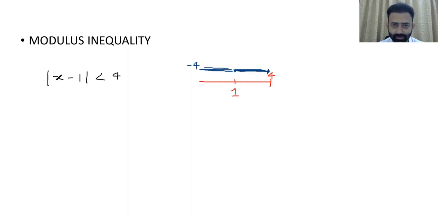This distance must be, I'm not saying that this point is minus 4. This distance, this magnitude, from 1 towards left, it should be a -4. So either 4 units I'm moving towards right or 4 units I'm moving towards left. I'm not asking what will be the point here. It can be 3, 2 or anything. We will solve what exactly this distance will be. But in simple words, my distance should not be greater than 4. So either I will travel 4 units towards right or less than 4, or it will be greater than -4,